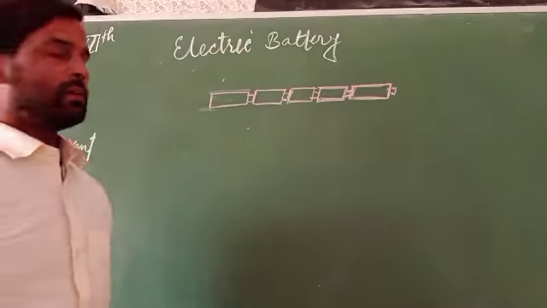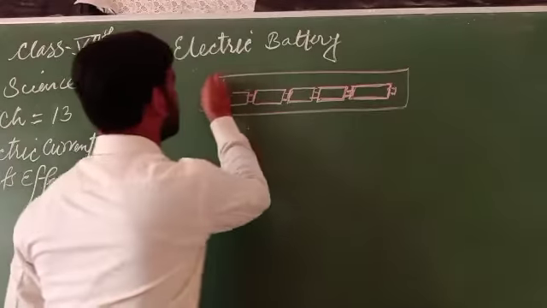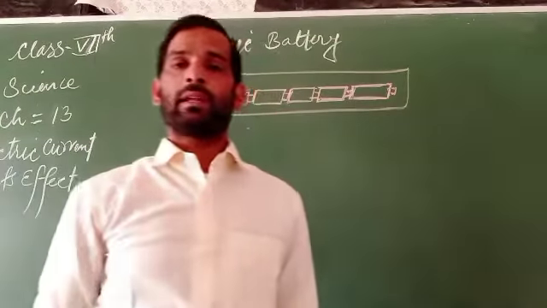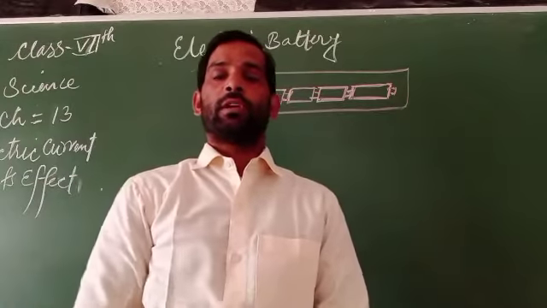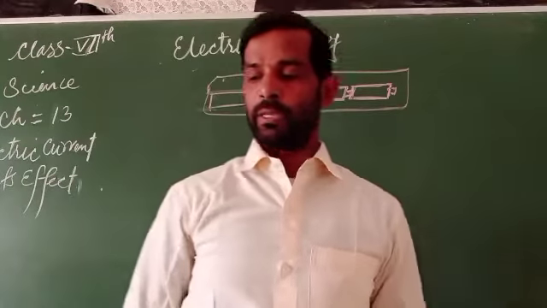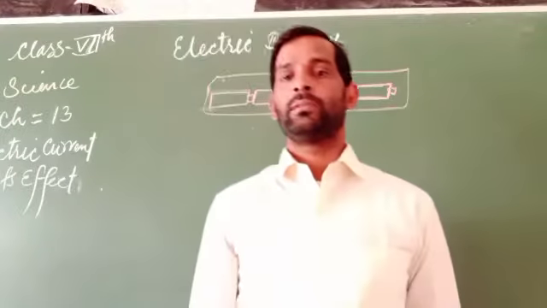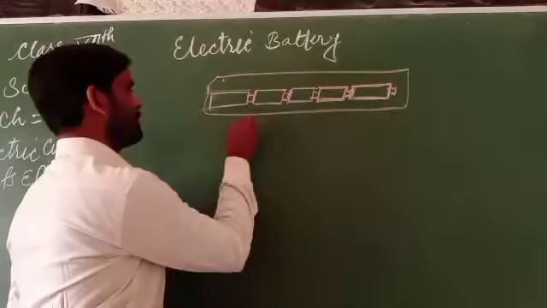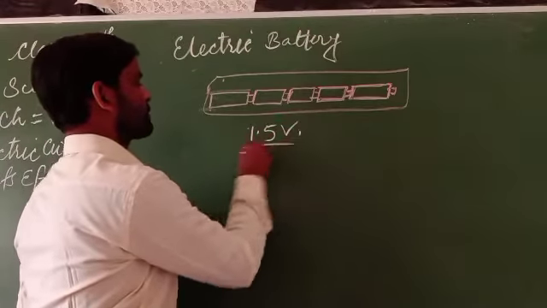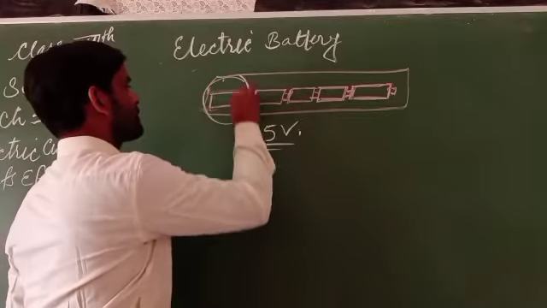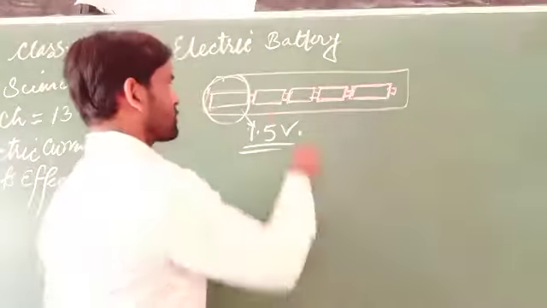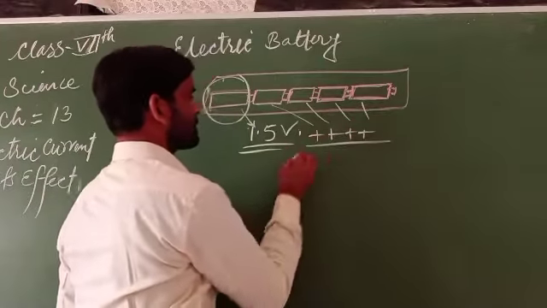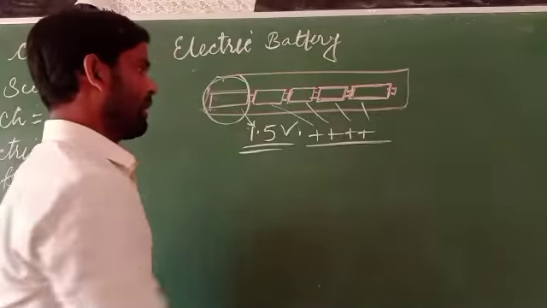This can be used as electric charges or electric current. Due to this energy, most electronic equipment can work. The battery produces energy in the form of volts. One cell produces at least 1.5 volts, so when cells are joined, they add up and produce the sum of the volts.